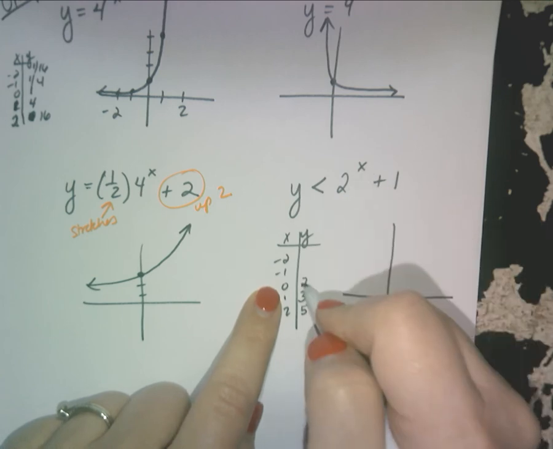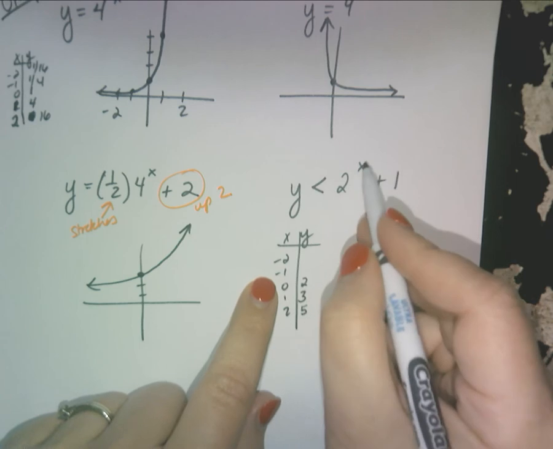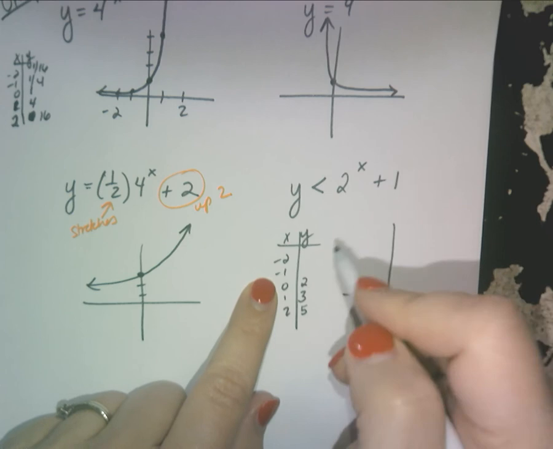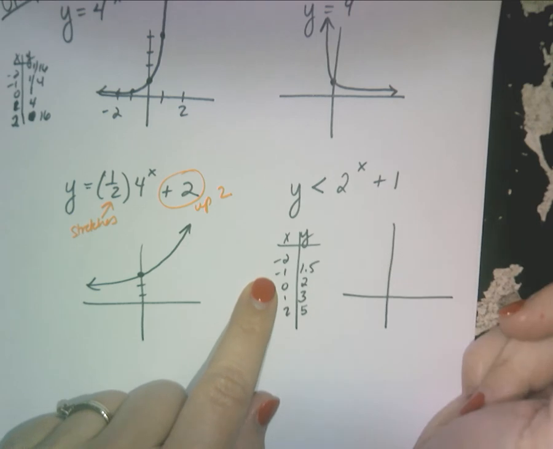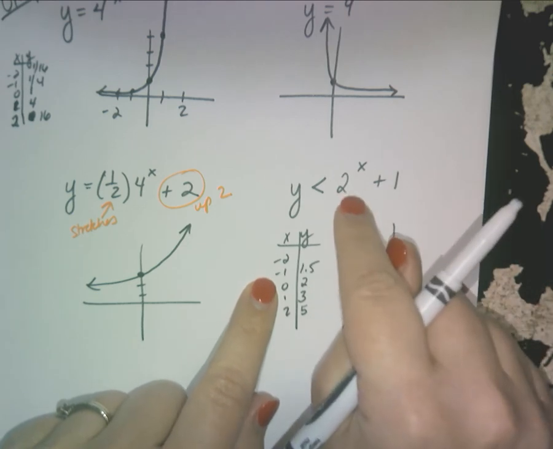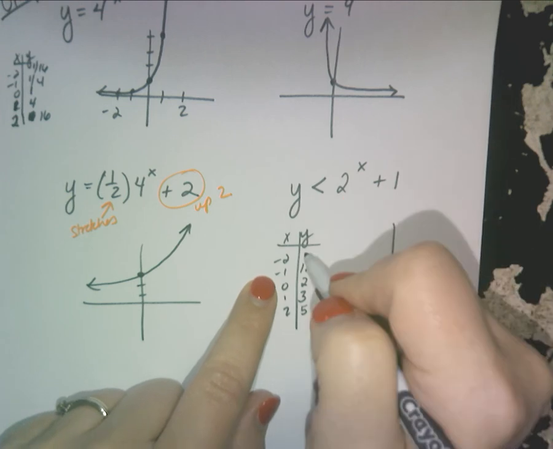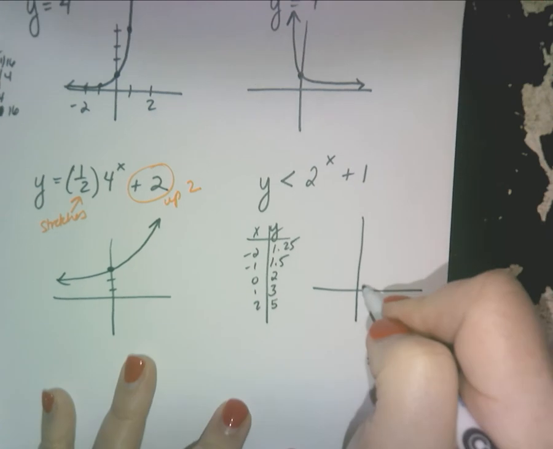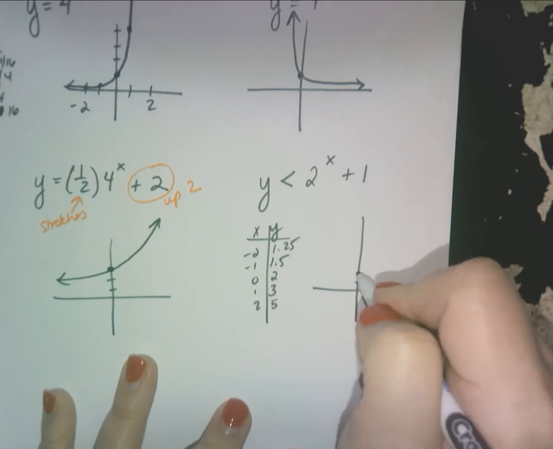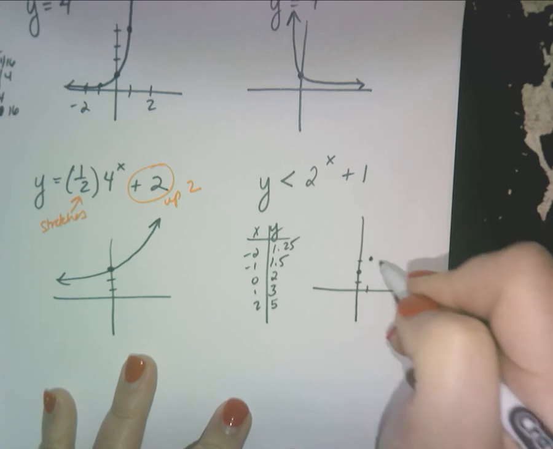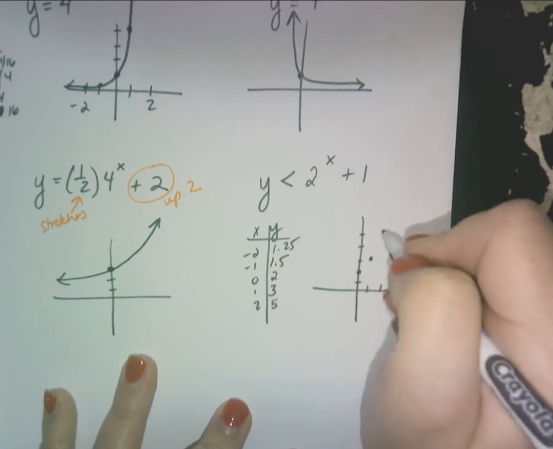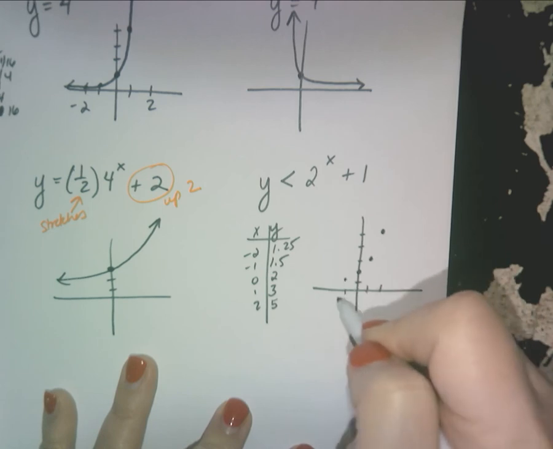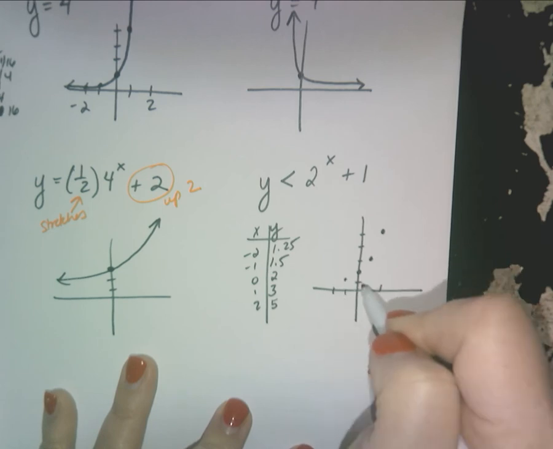1 plus 1 is 2, there's your y-intercept. 2 to the -1 is a half. Yes? 1/2 plus 1 is 1.5. 2 to the -2 is a fourth. 1 plus a fourth is 1 and 1/4. And so when I graph this, because I want to be a little bit more accurate here, so let's see, 0, 2, 1, 3, 2, 4, 5, like that. -1, I would be at 1.5, and -2, I would be at 1.25,